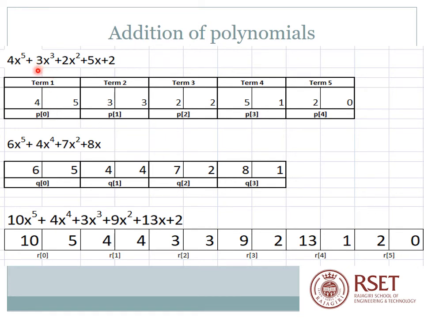Then as you proceed, you will be taking each of the terms of the polynomials and comparing the exponents. If they match, you add the coefficients and store it in the resultant polynomial. If they do not match, then you will be taking the term with the highest exponent and copying that to the resultant polynomial. This continues. And regarding index variables, you will be using one index variable for each of the arrays. Whenever you are copying or adding the terms of the polynomial, you will be advancing the corresponding index variable so that it points to the next term.